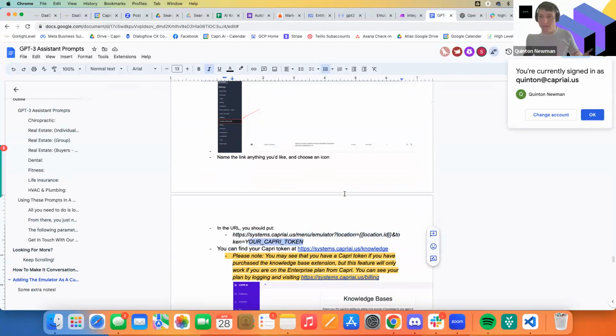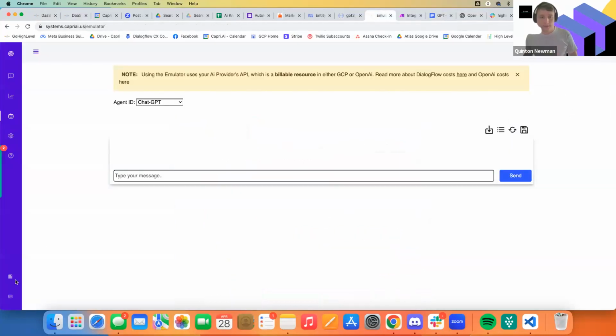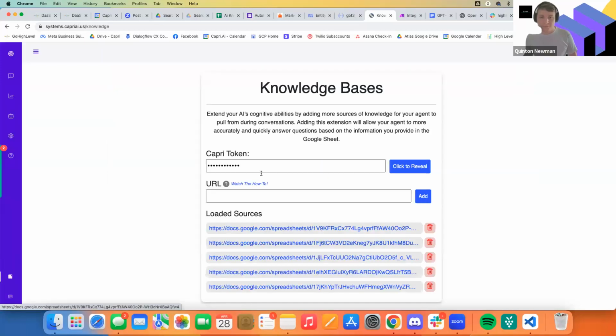And if you're on the enterprise plan, the $297 a month plan, all you got to do to get your token is go over here to your little knowledge book thing. And then your Capri token is right there. You just click to reveal, and then it'll show you your token. And then you're able to put that